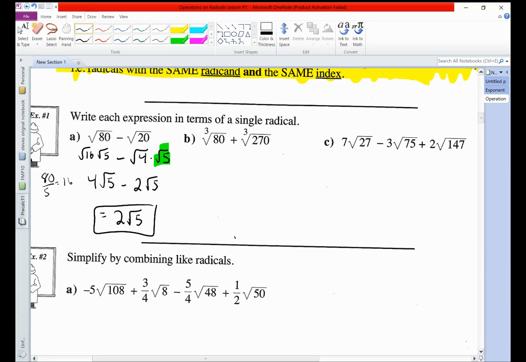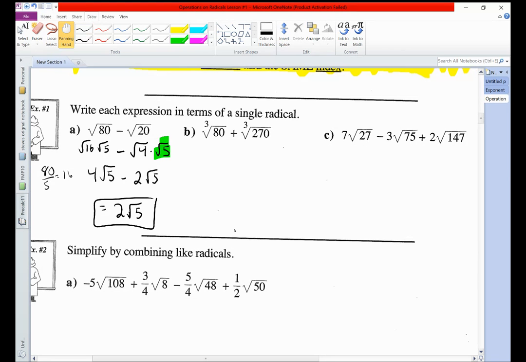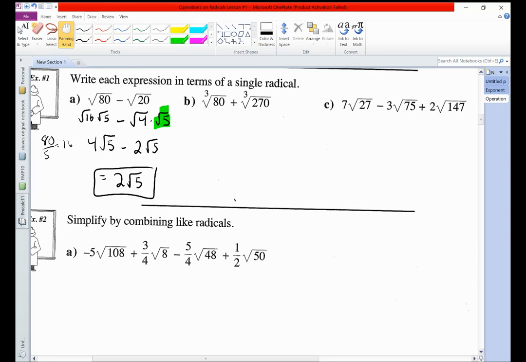Cube roots. So this is where things get a little bit interesting, a little bit tricky here. So this is why it's important to remember your perfect cubes, right? So I'll write them down on the side here. Our perfect cubes are 1 and 8 and 27 and 64, 125. So maybe we should say that this is equal to 1 cubed, 2 cubed, 3 cubed, 4 cubed, 5 cubed, and then 216